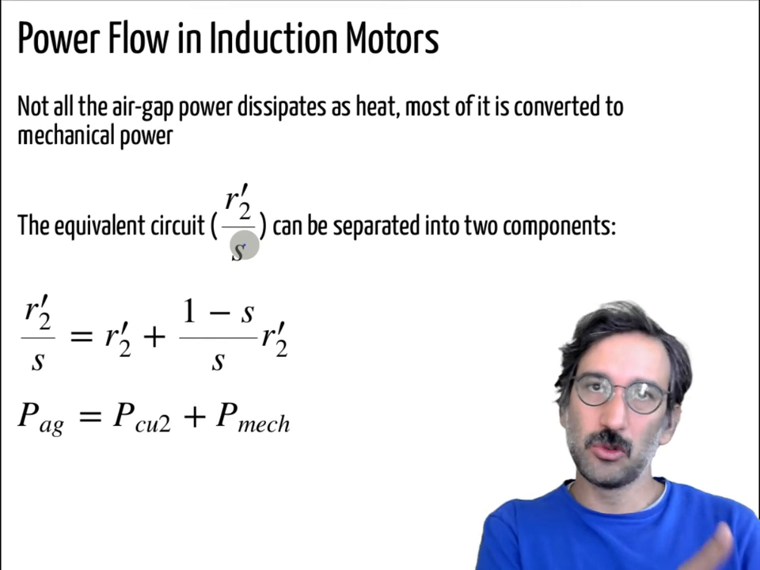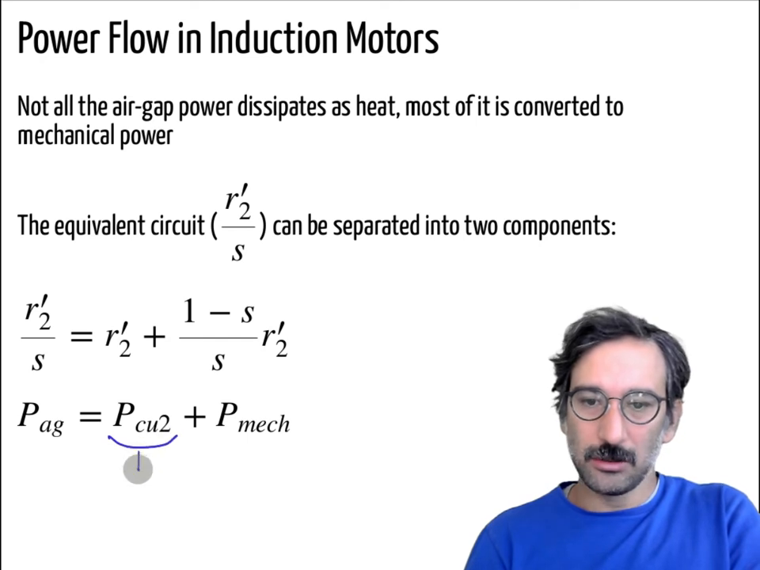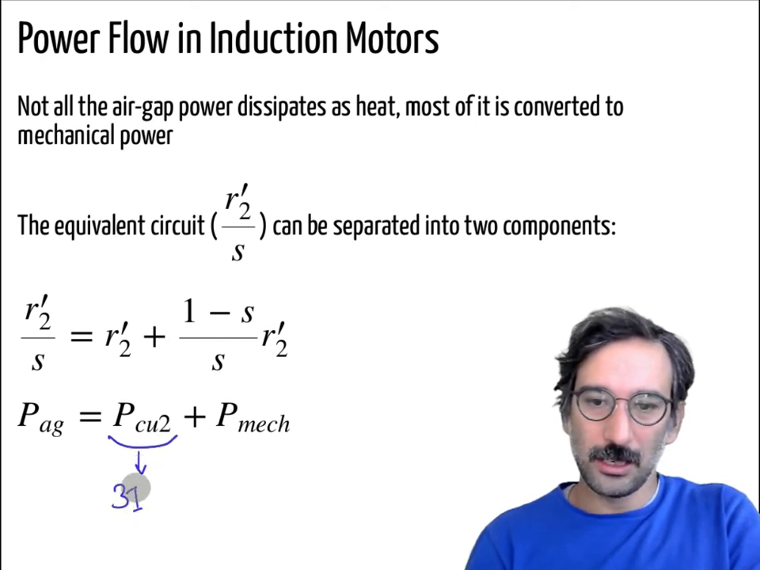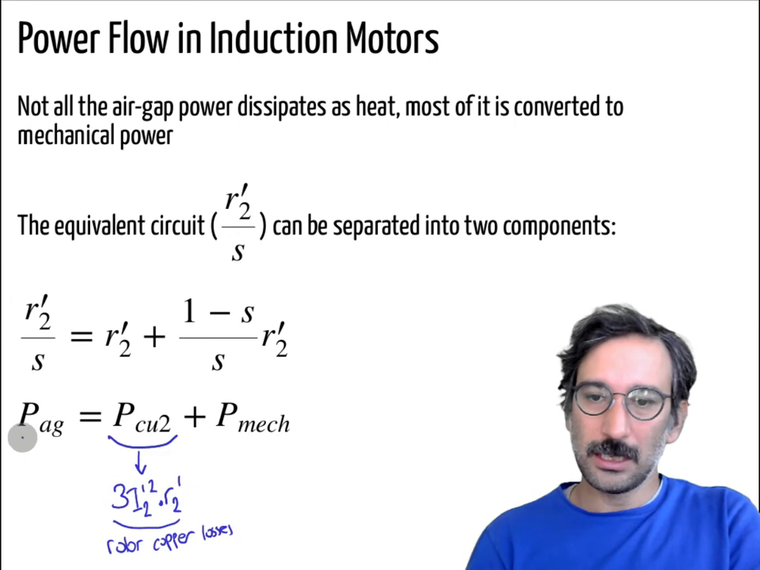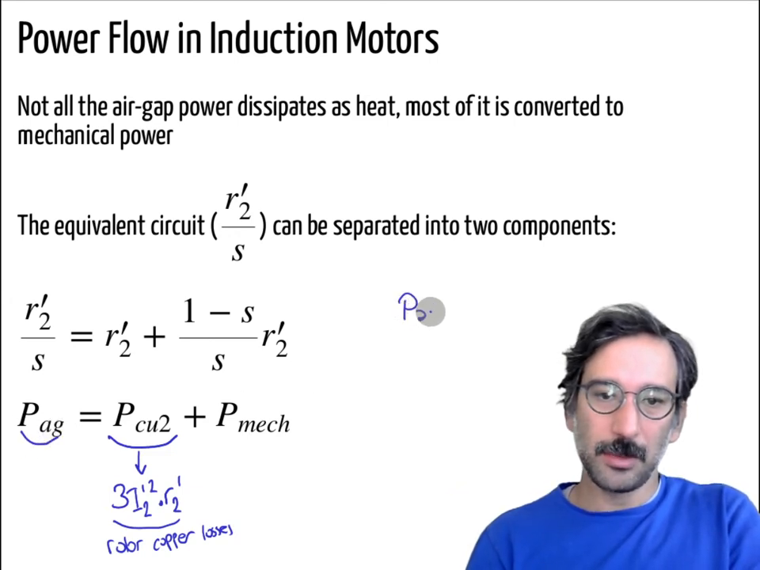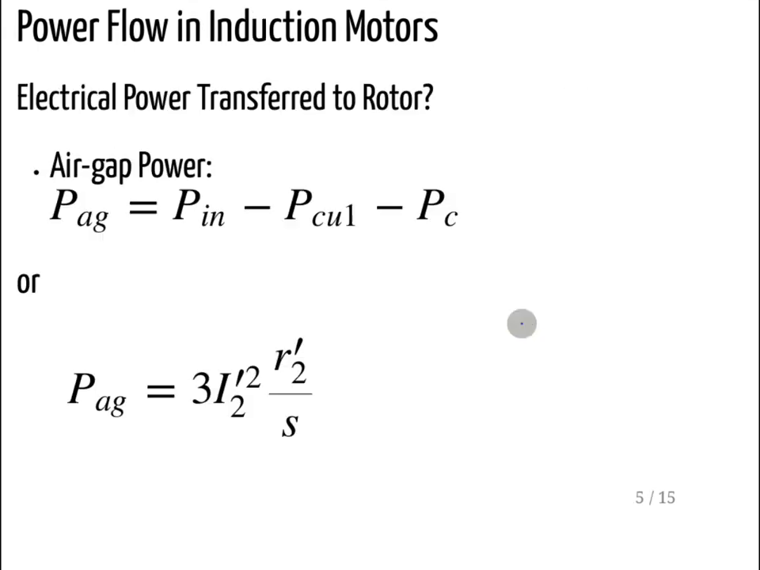It's okay if this is some joules, some watts, it has to stay the same. So actually that copper loss should be in the form of 3 I2 prime square times R2 prime. So if this is, let me write here, the rotor copper losses, and I know the air gap power, P air gap, is equal to 3 I2 square times R2 prime over S, when it is the total